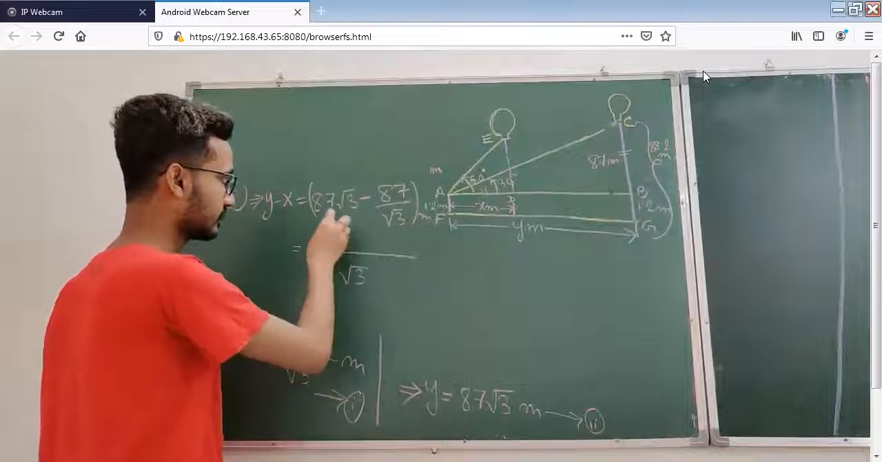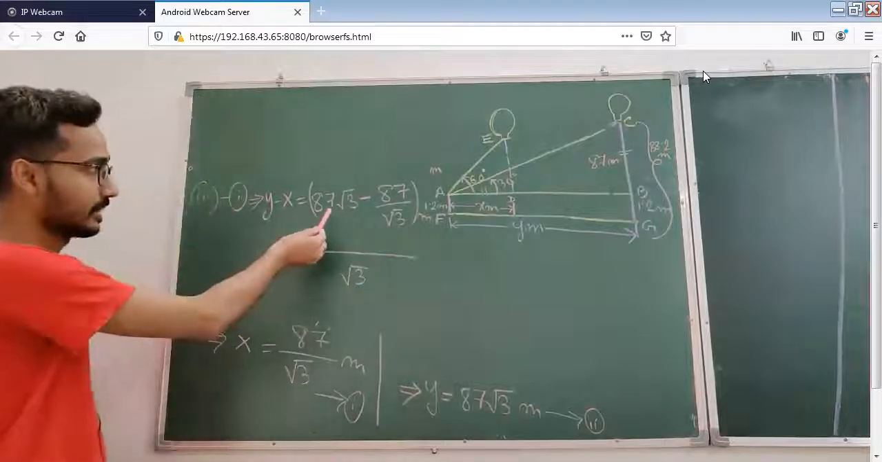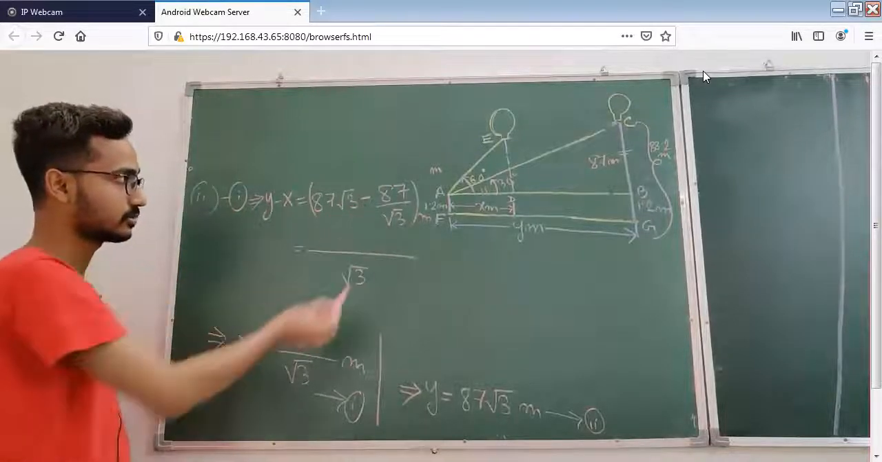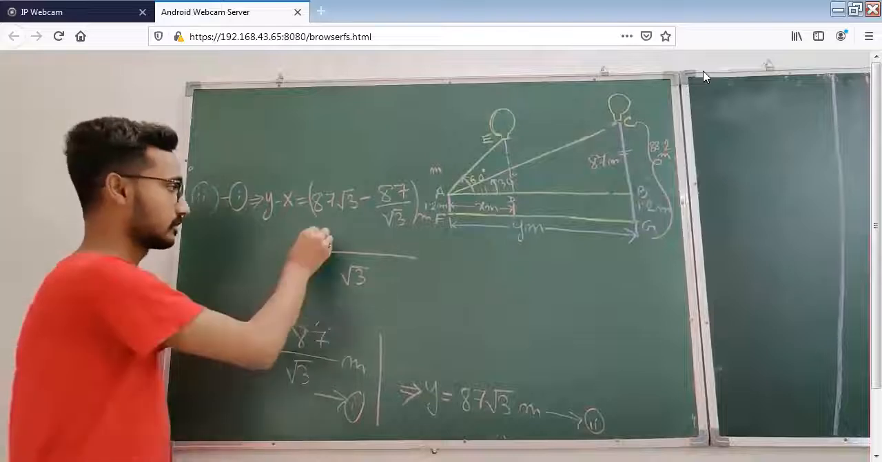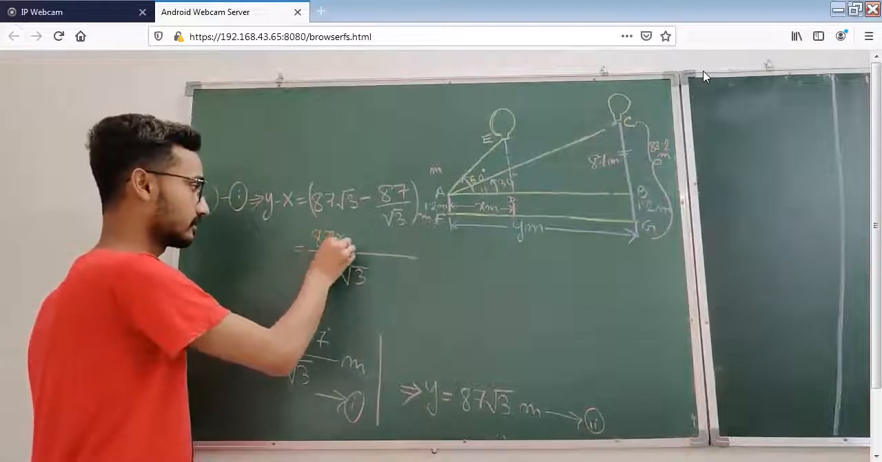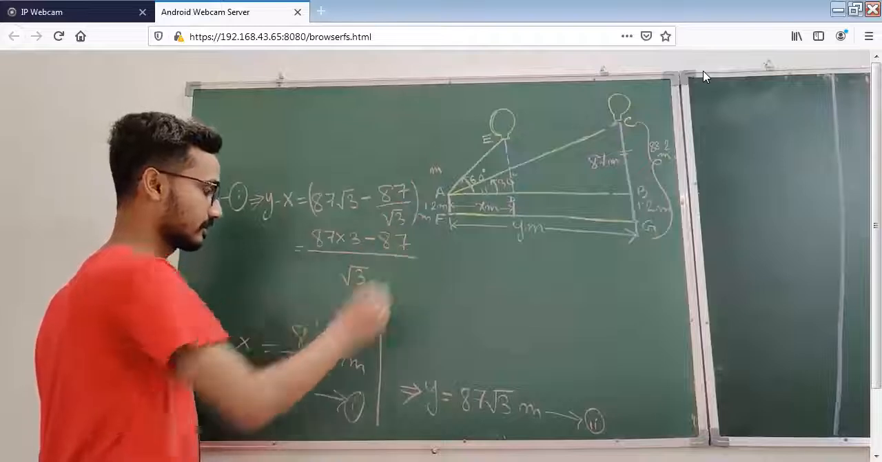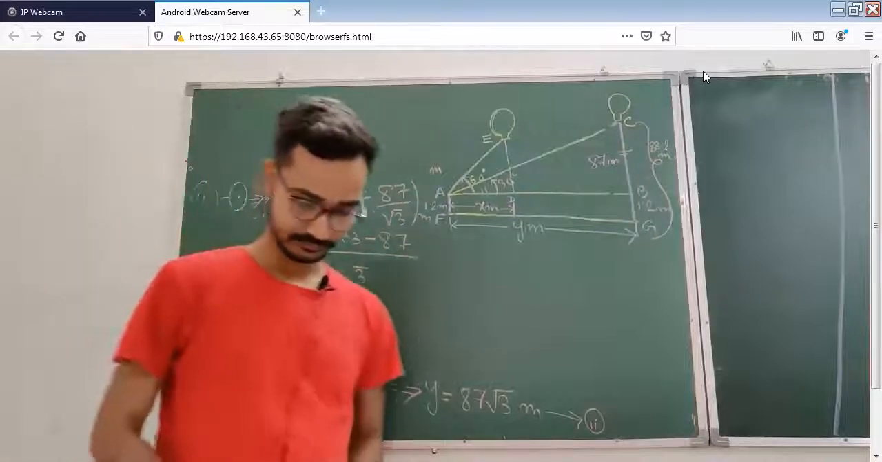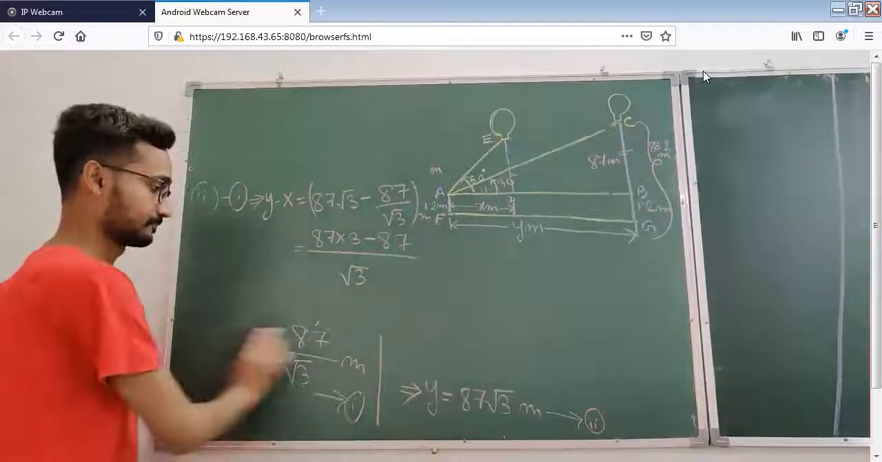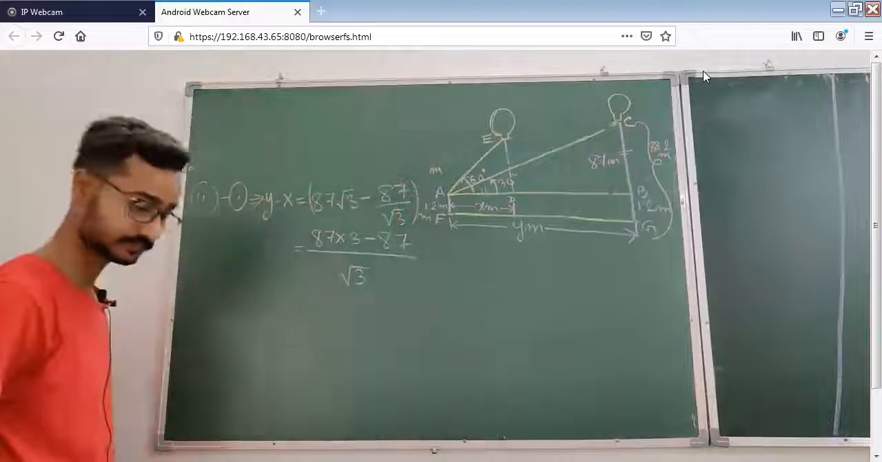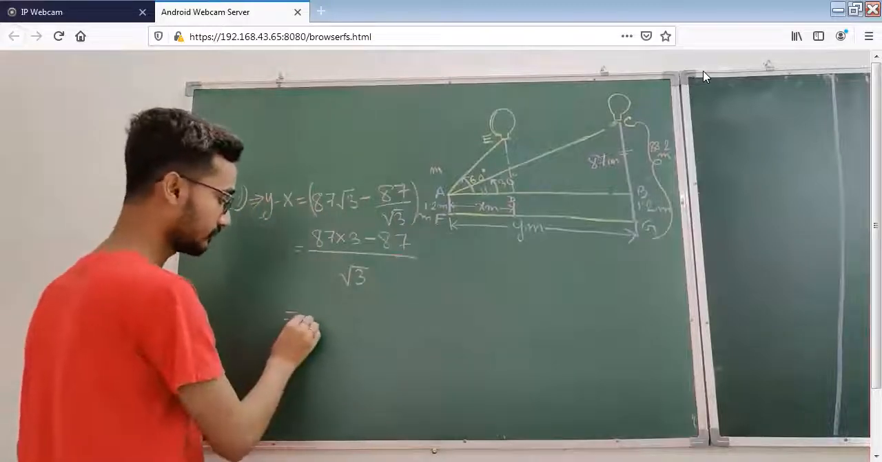Then if you subtract it, now see, if you multiply 87 root 3 into root 3, it will be 87 into 3. Yes or no? So it will be 87 into 3. Up to this clear? Now see, many of you